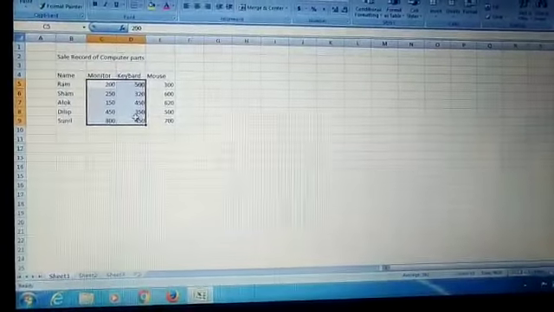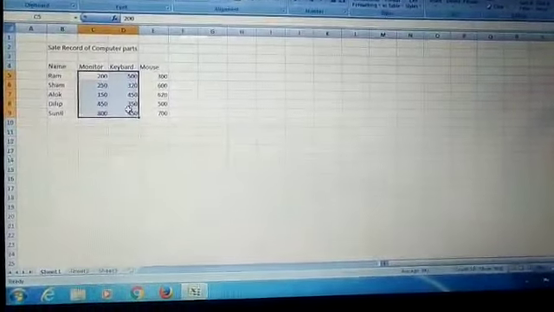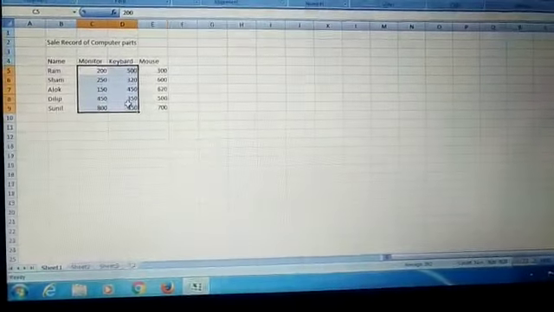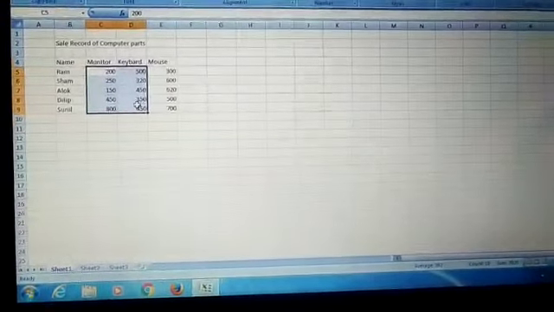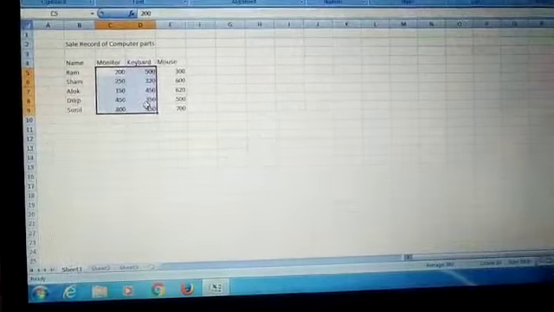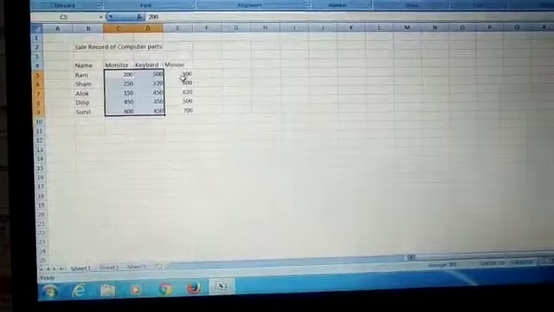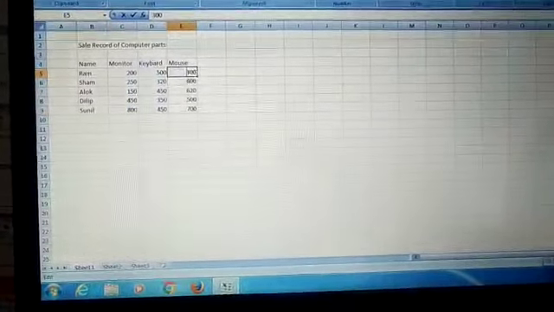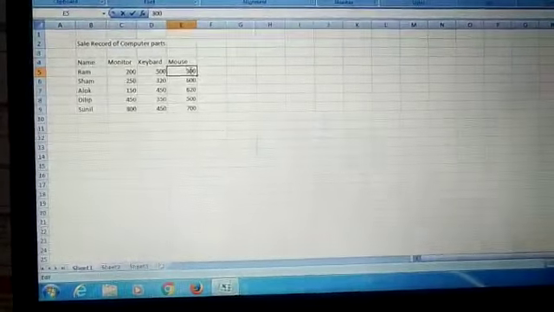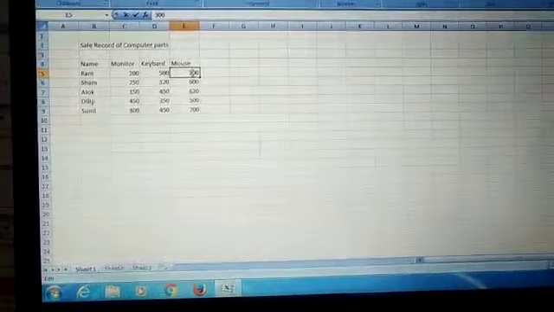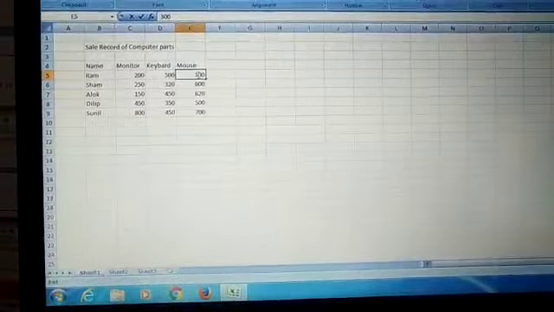Our next topic is editing data in the worksheet. In a spreadsheet program like Excel, editing means the process of making changes to any data or cell in the worksheet. You can edit the data in your worksheet to correct a mistake or update by double clicking on the cell like this. As you can see, the insertion point is flashing, and now you can change or edit it if the record is incorrect.